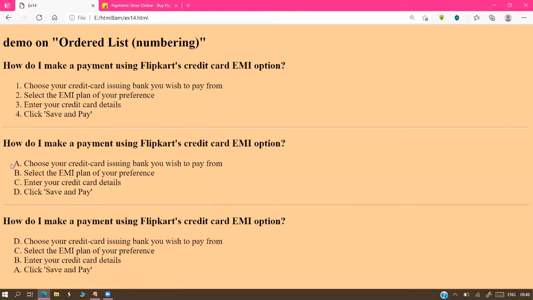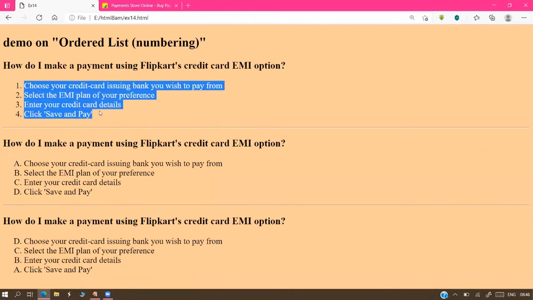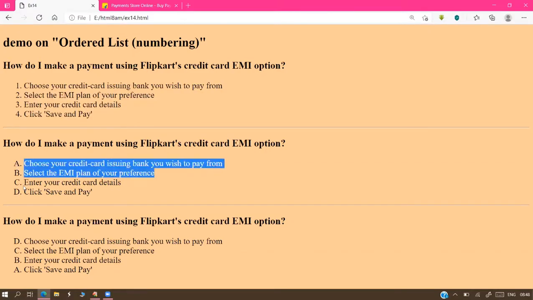Sir, for ABCD we have only 26 letters, but for numbering we don't have a limit; 100 to 1000 points also you can print. But can 100 points be displayed with alphabets, sir? Yes, possible. A to Z is 26. After that, AA, double A, next AB, AC, AD.